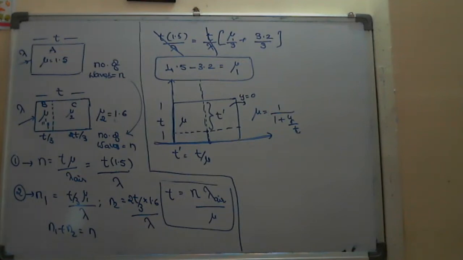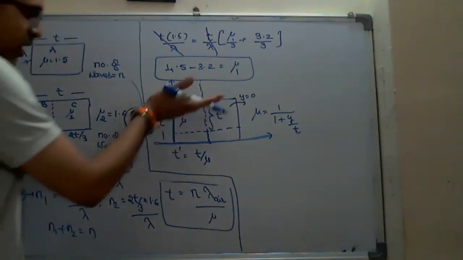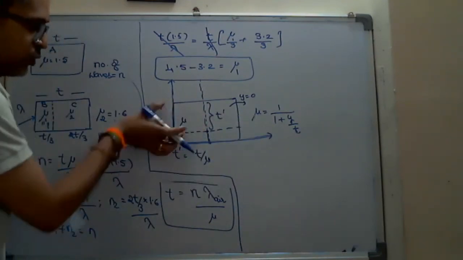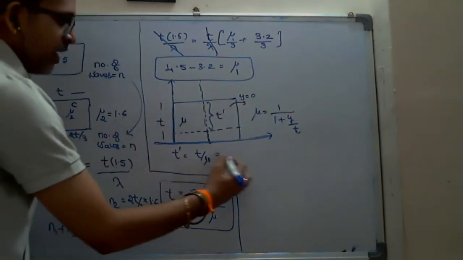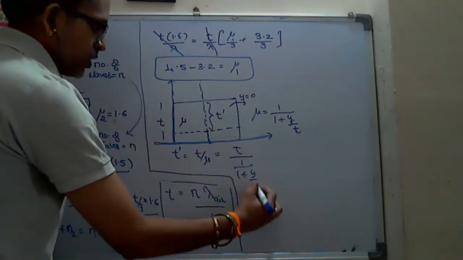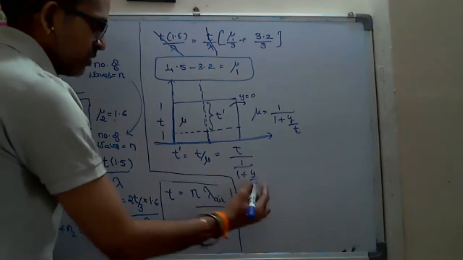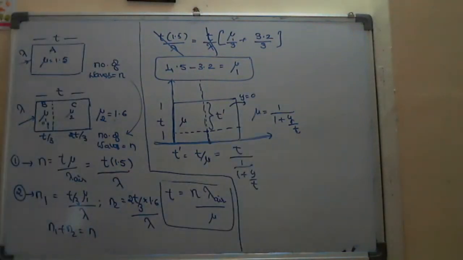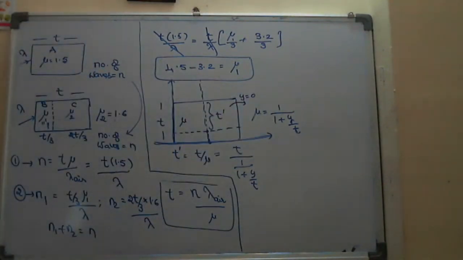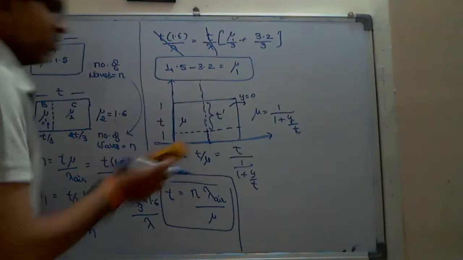Then how to solve? Do you know this model? In this case, if the refractive index is variable, you can't directly use the formula T dash is equal to T by mu. Directly you can't write T dash is equal to T by mu, with mu as 1 plus y by T, the depth being given. So in this case, what to do, sir? If something is variable, we know logically we have to use some integration method. That we know. But how to apply that integration method if something is variable?